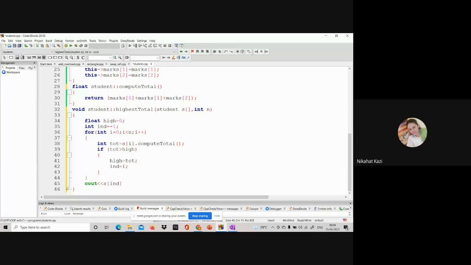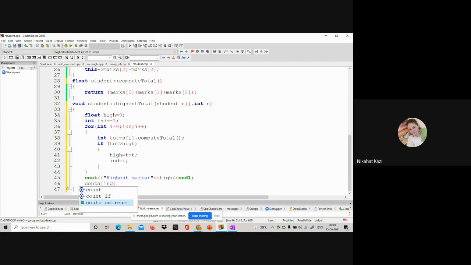So cout, right, and so what we can do is, we can write a print student function.